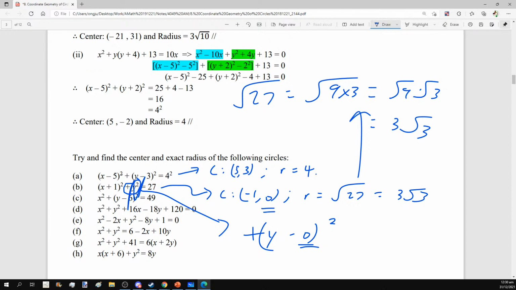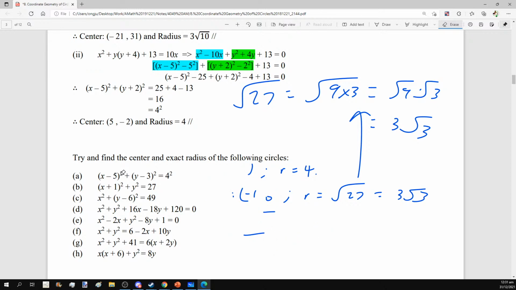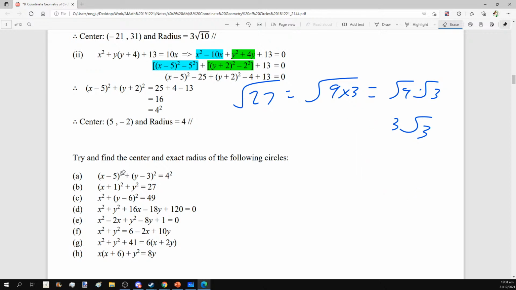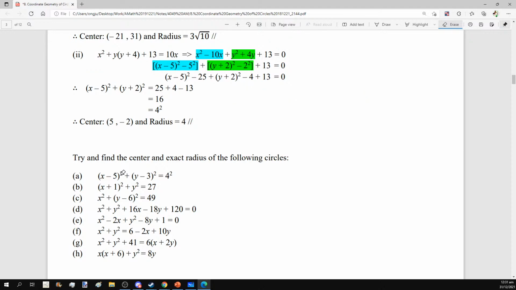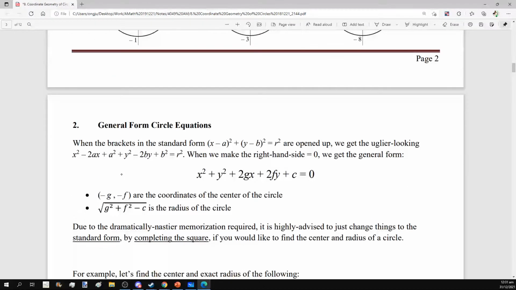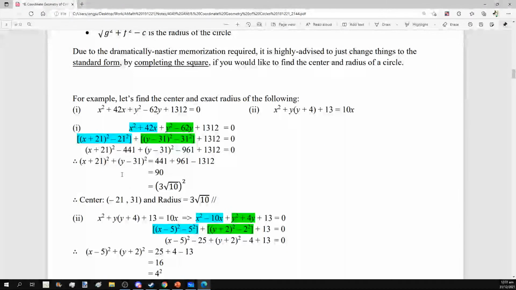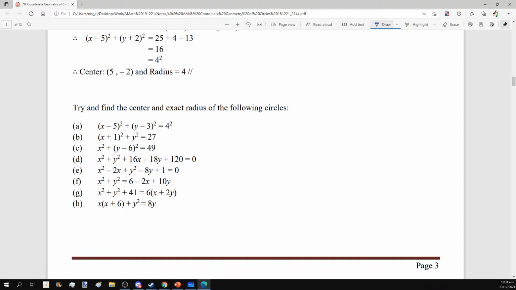Very straightforward. So taking a look at a slightly more unpleasant example, let's take a look at part D. Part D, this time round, is already expanded for us. This is not the standard form, this is the general form of a circle, meaning to say we don't have any brackets at all. So when we see something like this, you could either memorize all this trash over here, or you can take matters into your own hands and perform completing the square to force fit it back into